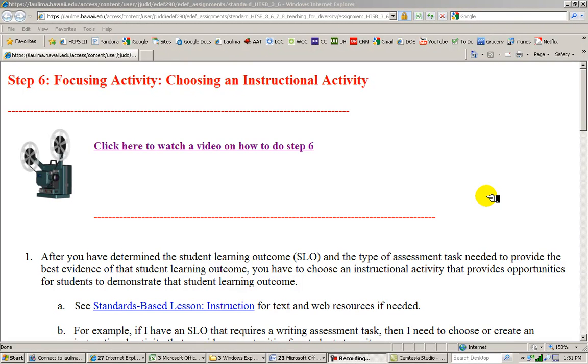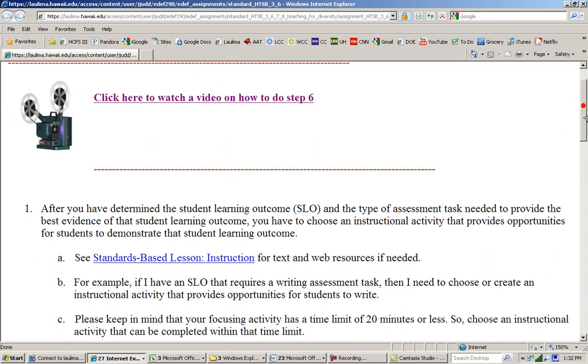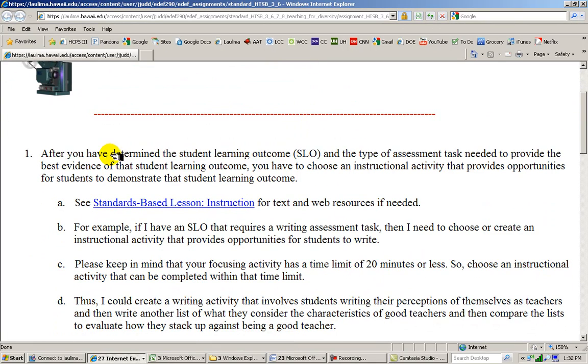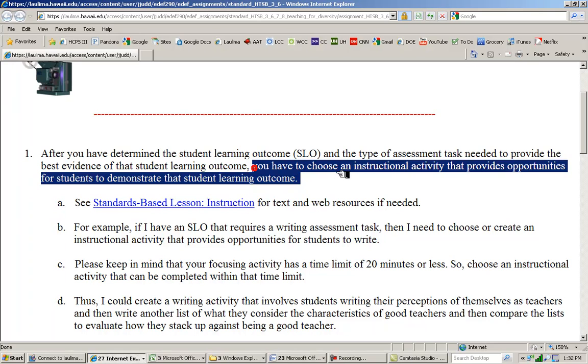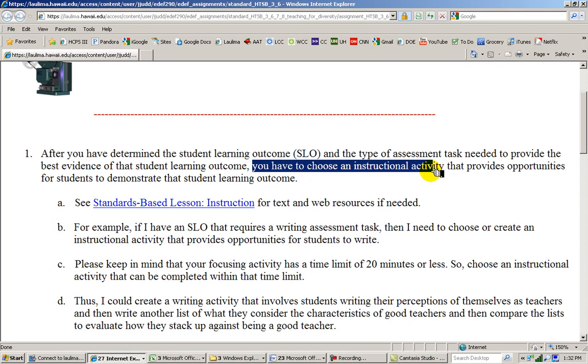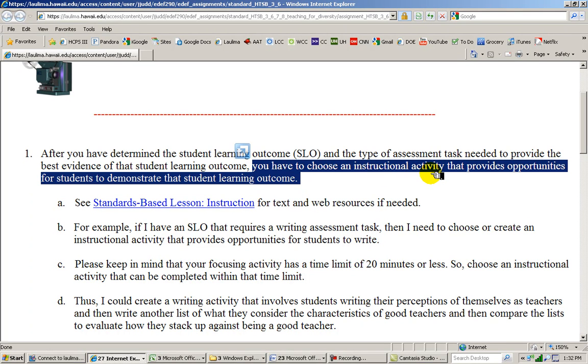Hi, this video is to help you do step 6 of your focusing activity, which is to choose an instructional activity. So far, you have determined what you want the students to learn through your student learning outcome. You've chosen an appropriate assessment task, which is going to give you evidence of that student learning outcome. And now you're going to choose an instructional activity that's going to give your students opportunities to demonstrate that student